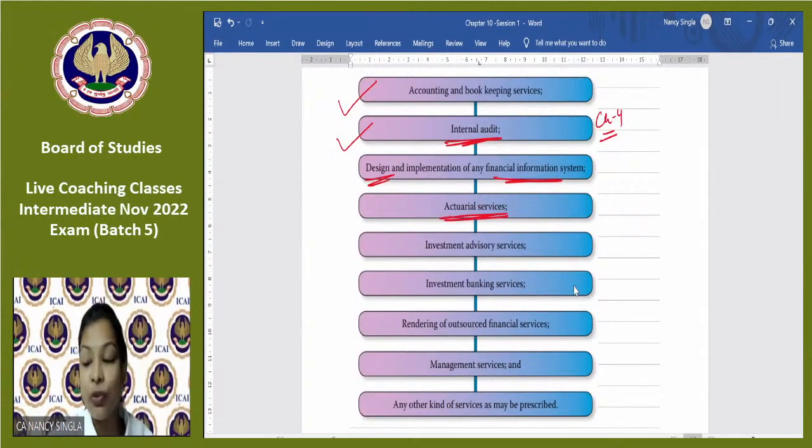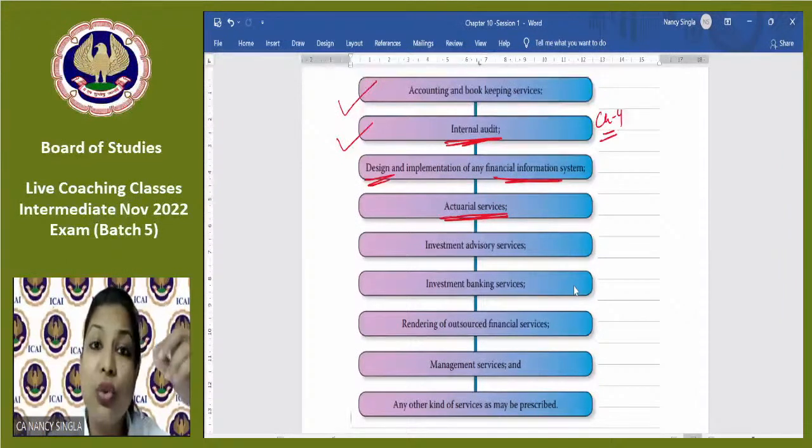Actuarial services, what are these services? So basically they relate to evaluation of financial impact of risk using various mathematical and statistical calculation tools. For example, in case of an insurance company, what will be the financial impact of the risk? Developing various policies of insurance. So this is the work of the actuaries. So if you are providing the actuarial services to the client organization, you cannot be appointed as the auditor of